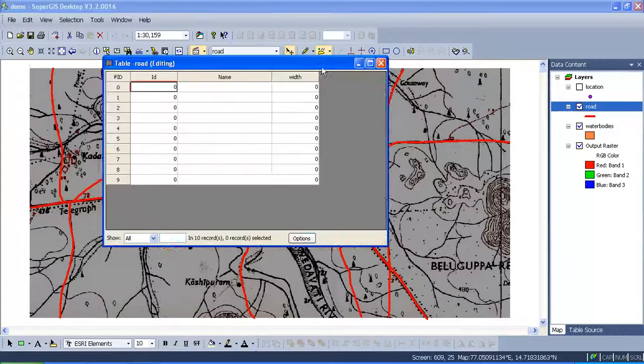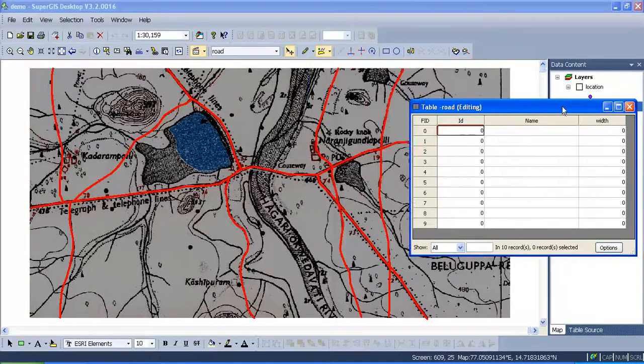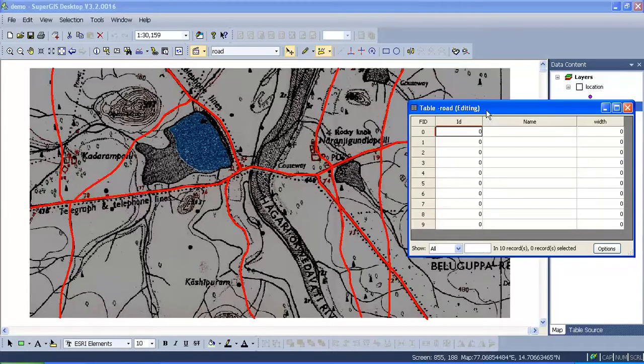Similarly, the same procedure you need to adopt for other features also, for example road. Right click, open table. Now I've got so many entities. So road I am going to classify as metal, non-metal, or cart track, like that. So depending upon your project, select this. Now you have to give the name here. National highway, the district highway.